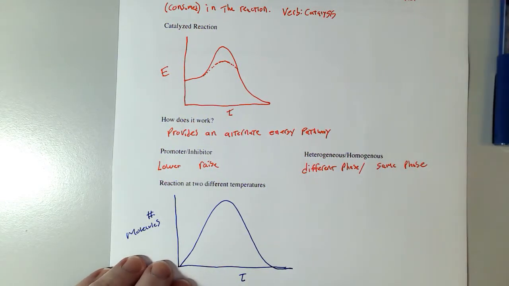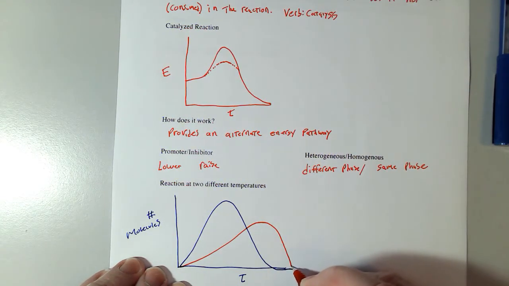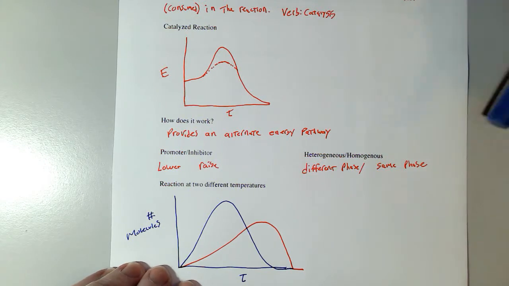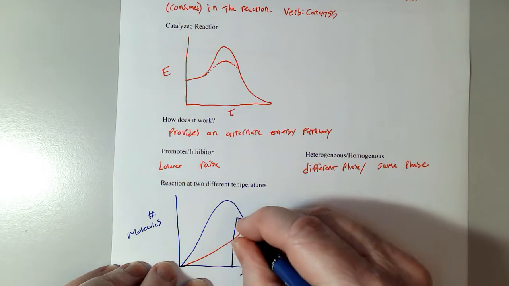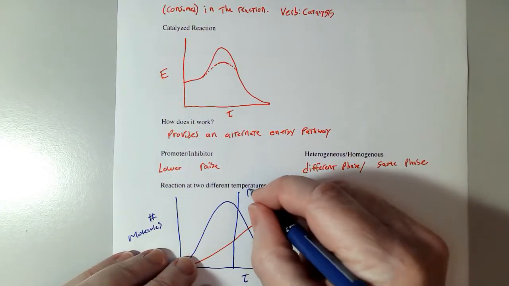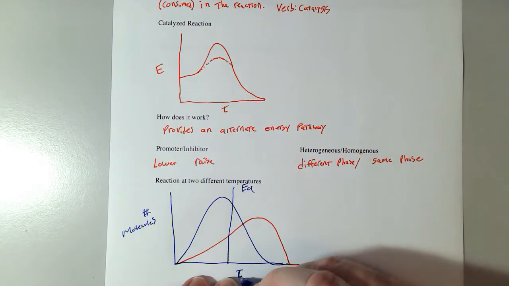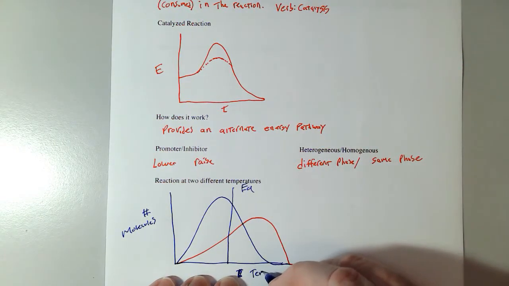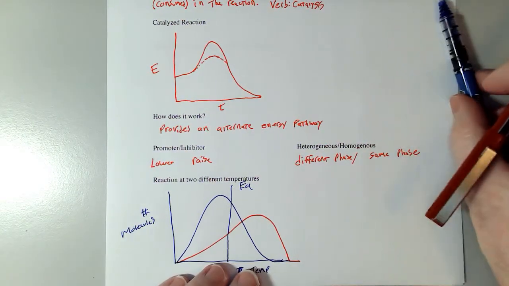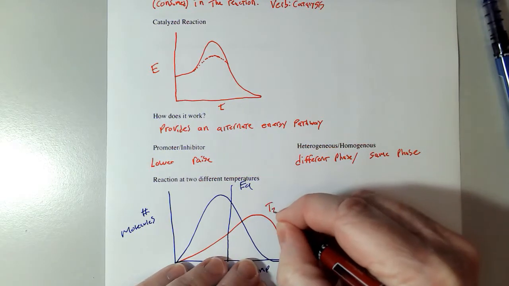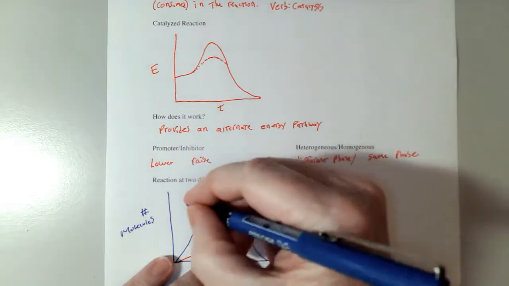Then I'm going to draw the second one in red, and I'm going to arbitrarily place a line right there. We're going to call that the activation energy. So, I'm sorry, I didn't mean to put time down here, I meant to put temp. Okay, so what's going on is that this T2 is higher, T1 is lower,